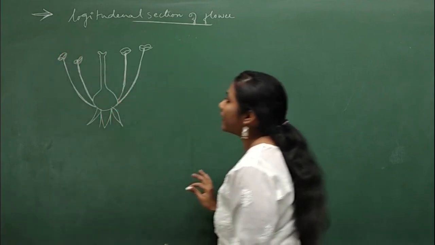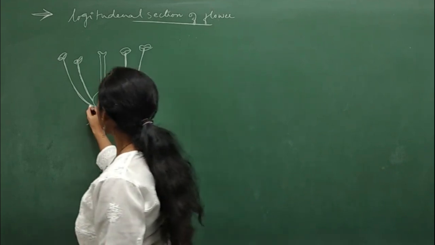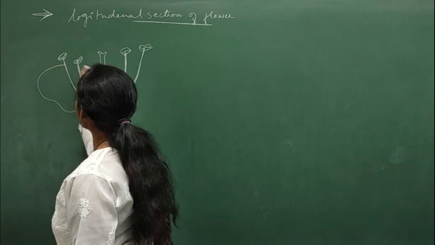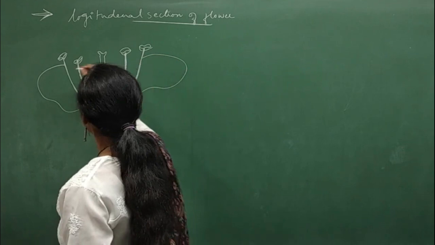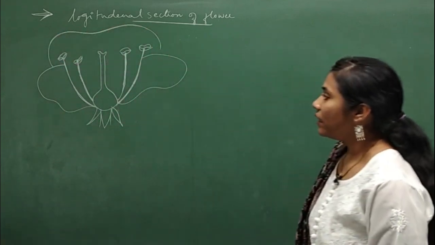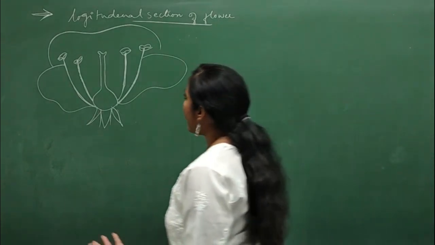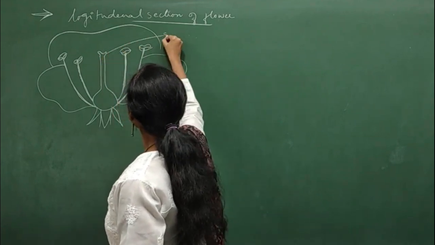So after drawing these many stamens, you show the petals now. So showing a petal, how do you show the petal? Okay, you can show however you want, it's not a big issue. This is one petal, this is another petal, and this is my third petal. Over. So this is our longitudinal section of flower, whereas I'll start labeling the parts now,